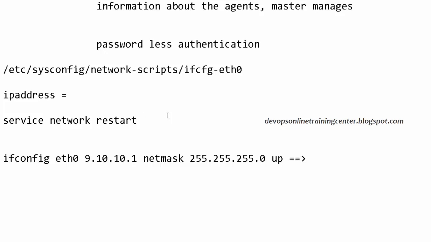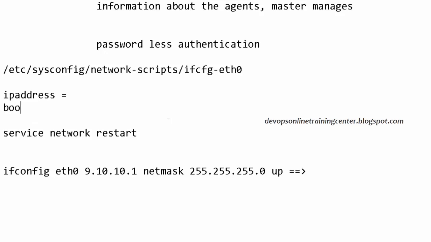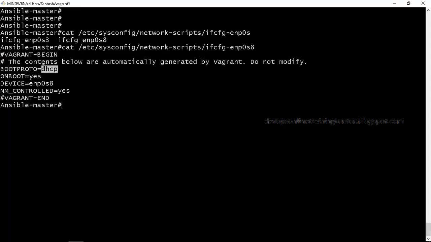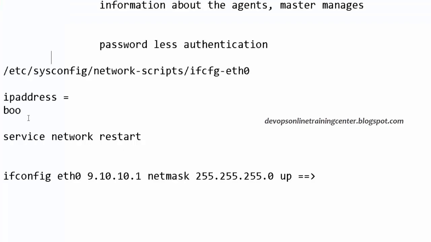Right? Yeah, okay, got it. Thank you. Yeah, if you enable DHCP, the IP will be assigned automatically. That is also mentioned here, something like boot protocol. Is it static or dynamic? Yeah, this, boot proto. If it is DHCP, you should have the DHCP server set up. If you don't want that, if you want to assign manually, then we can set it to static. Okay.